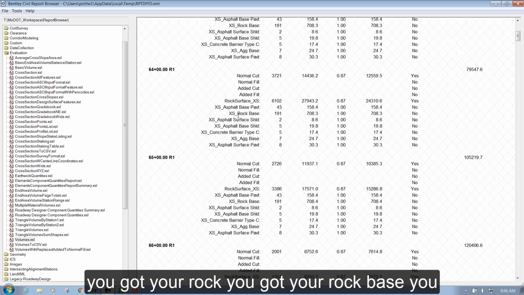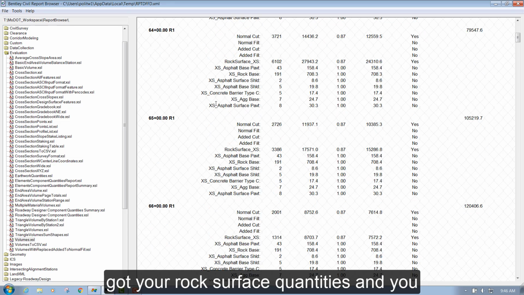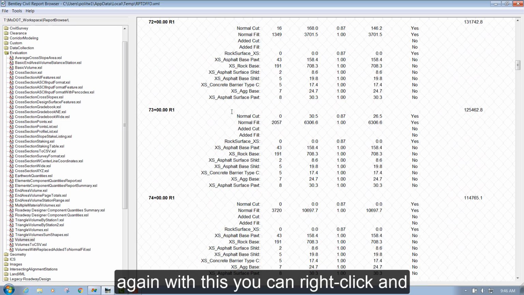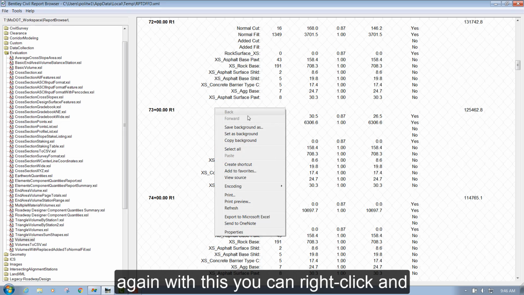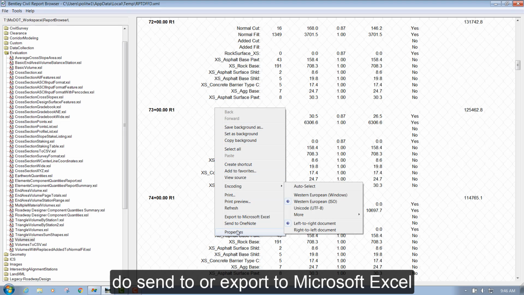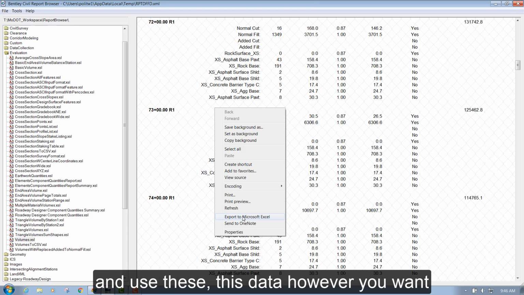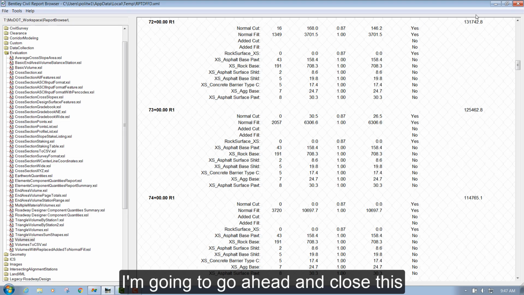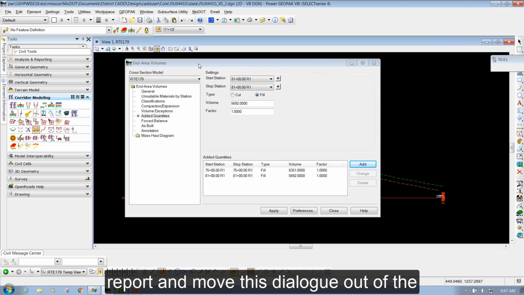You've got your rock base, you've got your rock surface quantities, and you can scroll down through each section. And again, with this, you can right click and do send to or export to Microsoft Excel and use this data however you want. I'm going to go ahead and close this report and move this dialog out of the way,